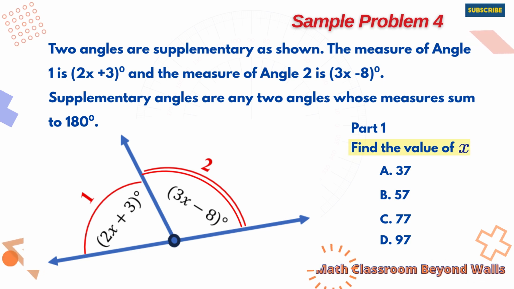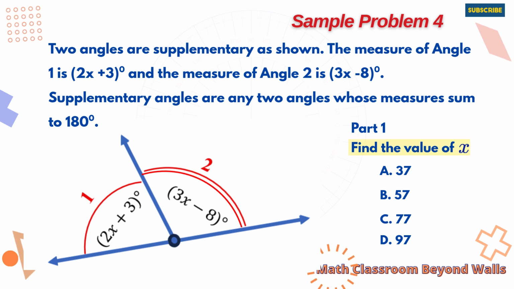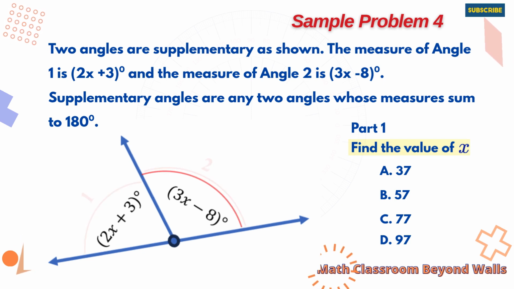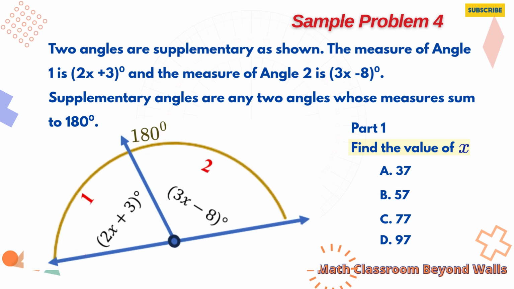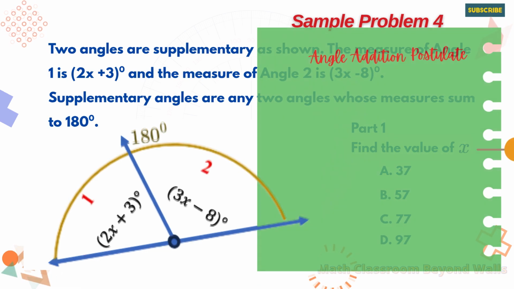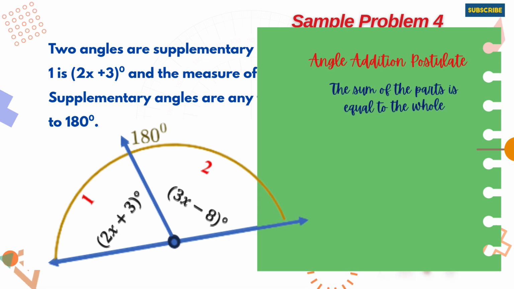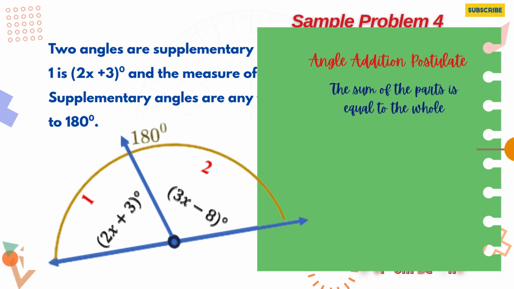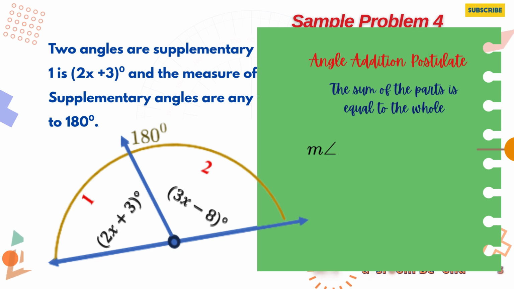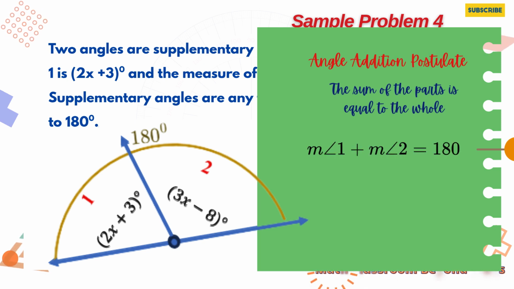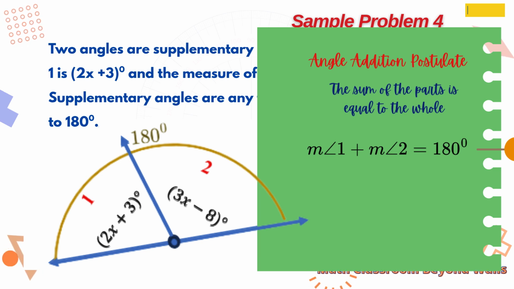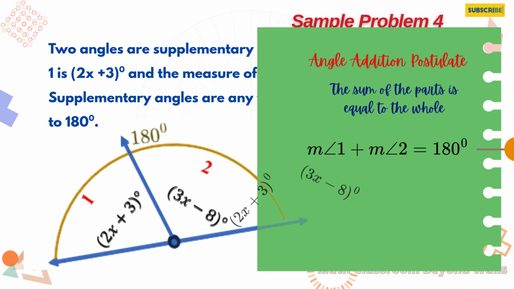Since the two adjacent angles are supplementary, the two smaller adjacent angles form a larger angle whose measure is 180 degrees. Thus, we can apply angle addition postulate, which says that the sum of the parts is equal to the whole. That is, the measure of angle 1 plus the measure of angle 2 is equal to 180 degrees. Plugging in the expressions for the value of angle 1 and angle 2, we have